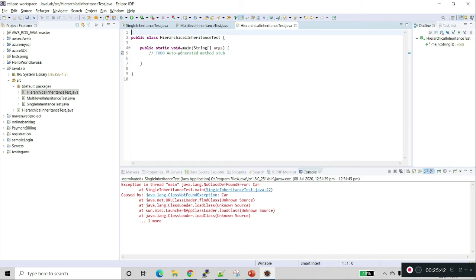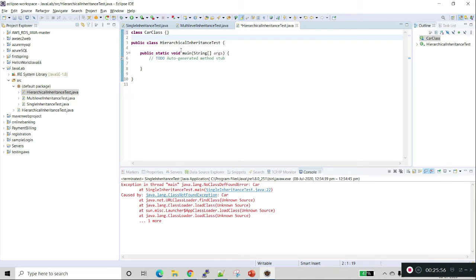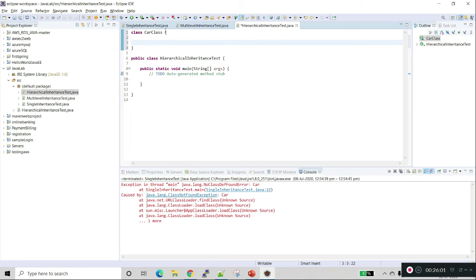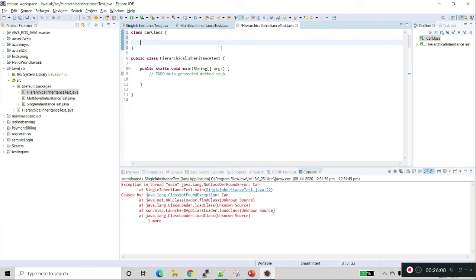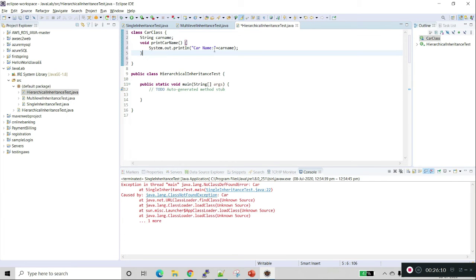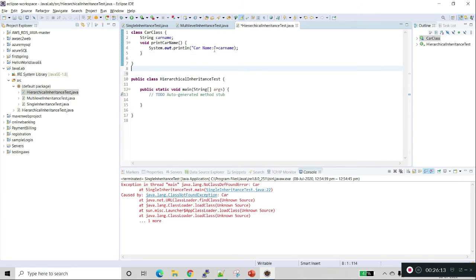I'm creating a class car. We'll copy paste to save time.